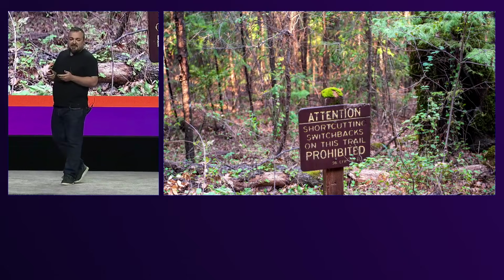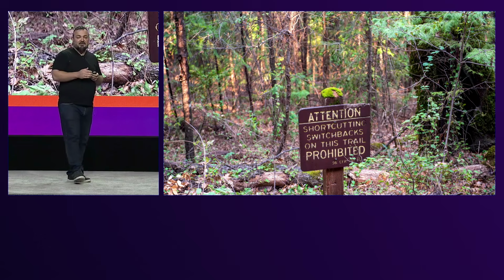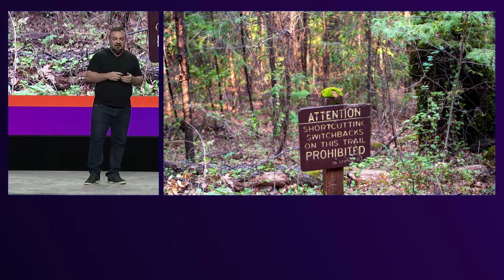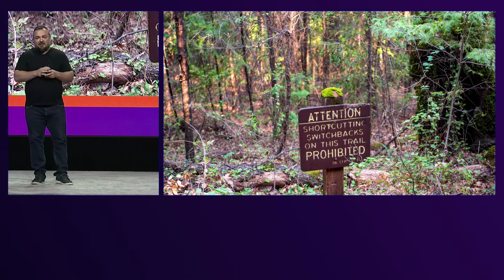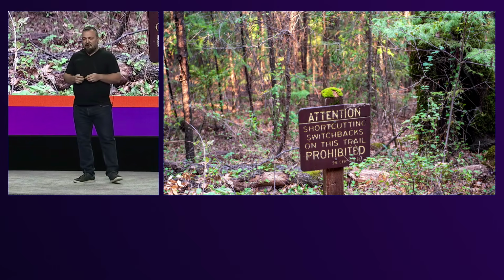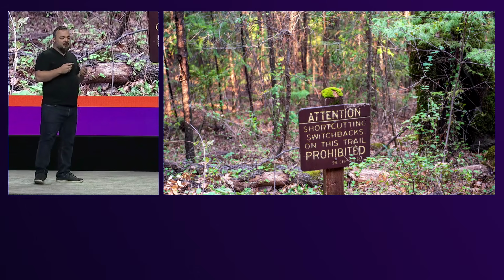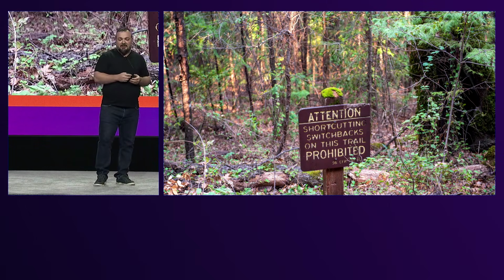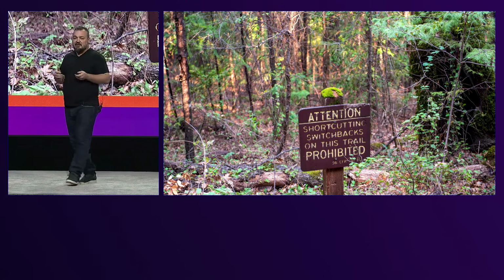Now, the purpose of this slide is that I grew up in the Pacific Northwest. I'm actually from Vancouver, Canada. I spent a lot of time hiking in the Rockies and a lot of time down in Seattle. In the Pacific Northwest, you often find hiking trails that switchback around a mountain, right? You go down the trail and it switches back around and around. It's a way to get down or up a mountain without having to go up a really steep elevation really quickly. Those trails typically have signs that say shortcutting switchbacks on this trail is prohibited. The idea is that folks want you to stay on the trail. They don't want you to disturb the ecosystem of the forest.